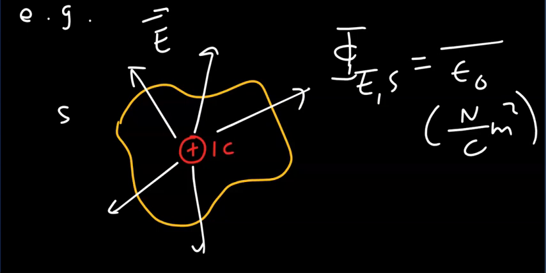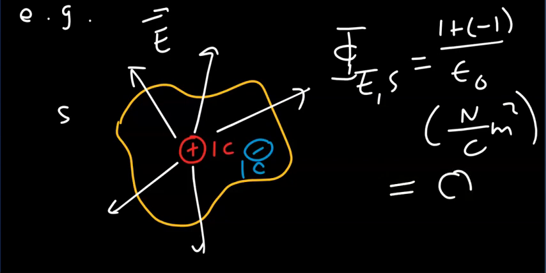Next, let's introduce a negative charge with the same magnitude, but now minus 1 coulomb. Now what is the net electric flux through this surface S? It's 1 plus minus 1, and therefore the electric flux is quite simply 0 because the net charge within